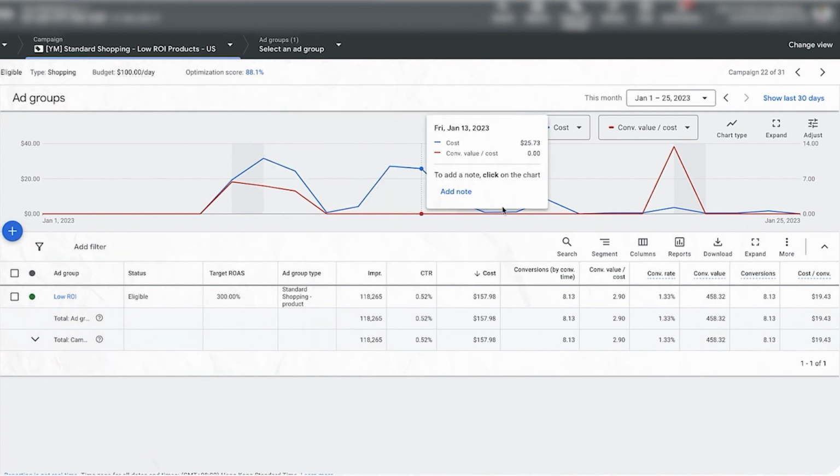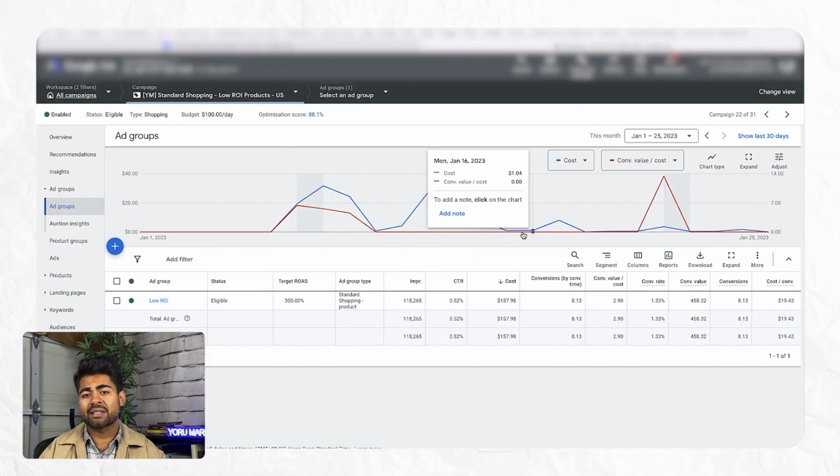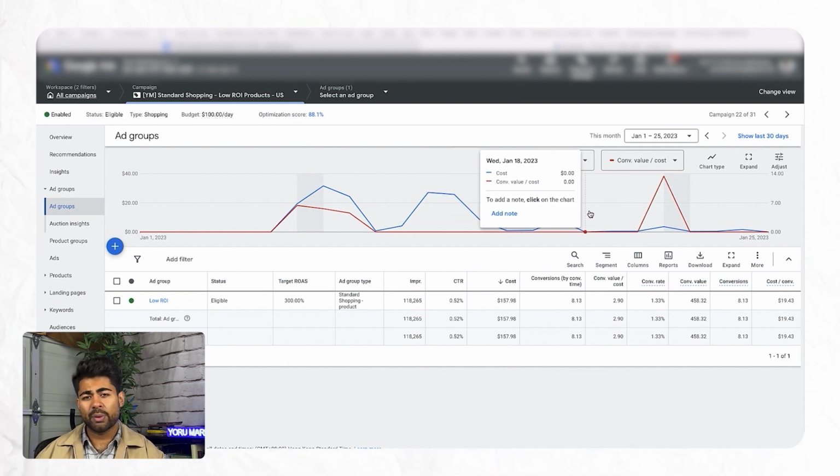As you can see, there's days when it just goes to about $1 in ad spend. That's going to happen. It's not something you can really stop. The main thing is that it gets you sales for those bad products which you would have already excluded anyways, and it actually starts getting you results with those products, even though it's, again, not very consistent. But that is essentially the last strategy I will be implementing for my e-commerce brands as well as my clients'